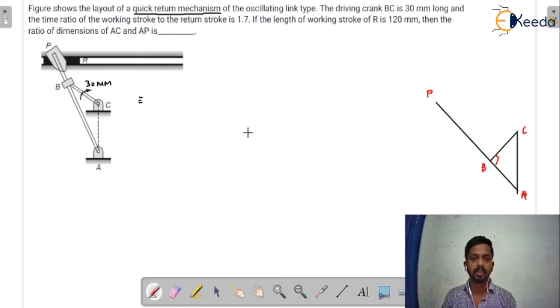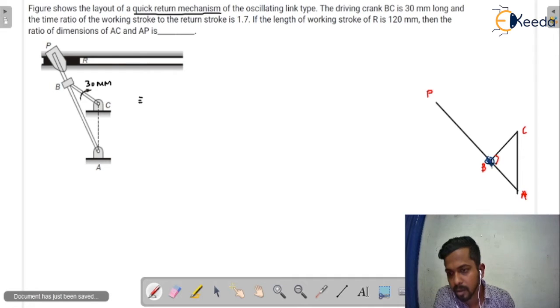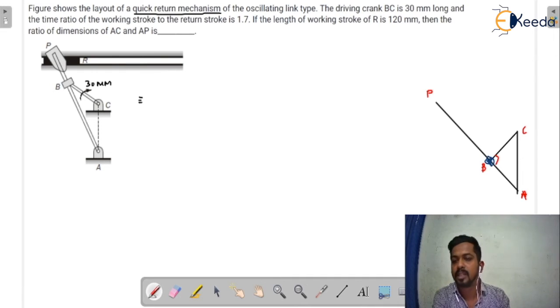This is the dead position. This is basically the diagram, and one position of this diagram is this. This is the dead center position of the slotted bar. This is a slider which is connected with the crank as well as the slotted bar. At this position the crank makes a 90-degree angle with the slotted bar. If it is 90 degrees, it is easy to find the length. Now this is 30 mm, sorry, this is the 30 length of the crank.